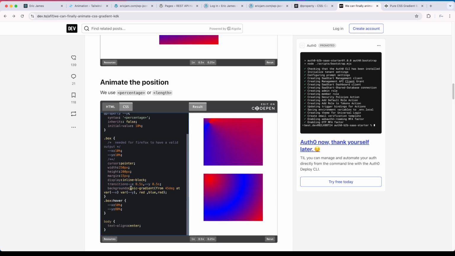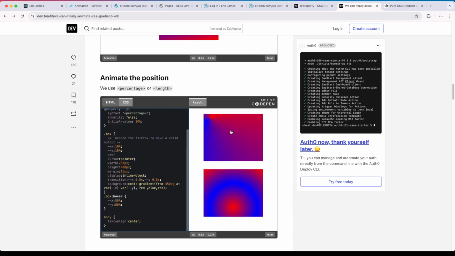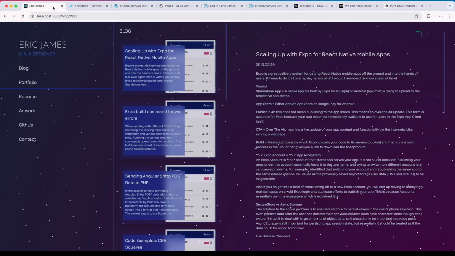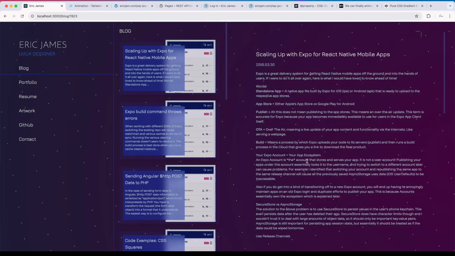I guess I can't really edit this, but ideally it would have been nice to move the gradient in my page. Instead, well, I am able to move the gradient, but be a little more specific about where it lives on the